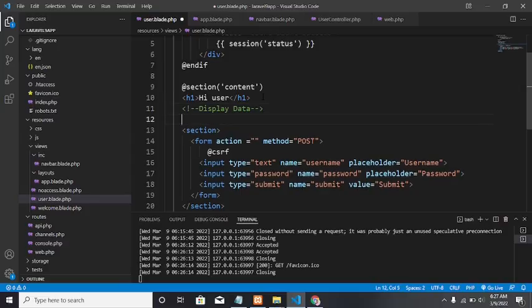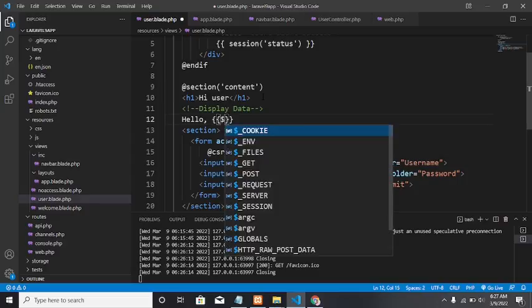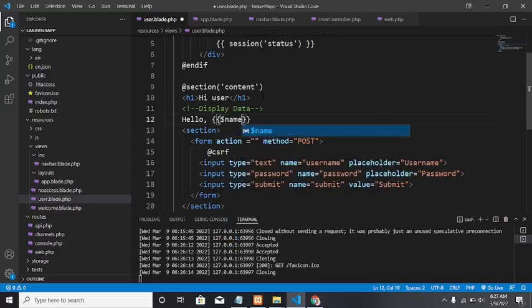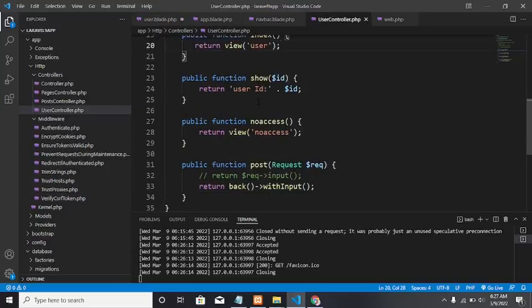Display data, we can have something like hello, and then name, for example. So here we have name like this, and then I can give it a full stop. So I'm saying hello name, and then when I go to my user controller here, I can have something